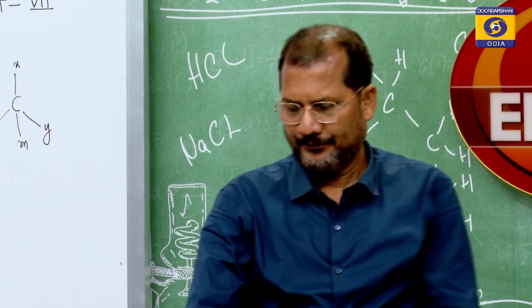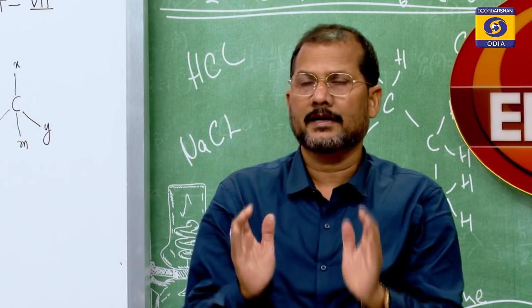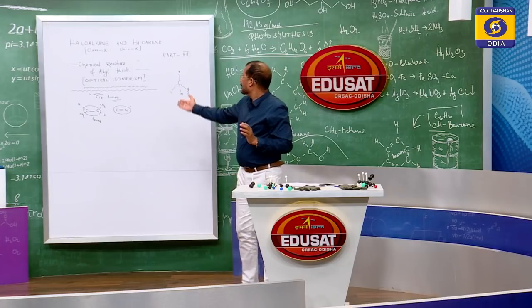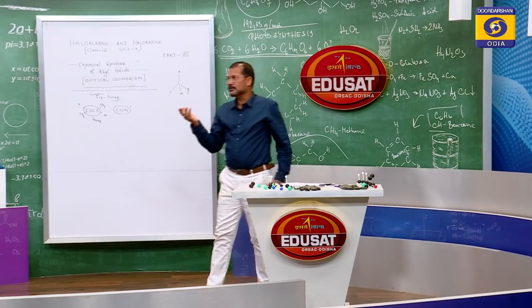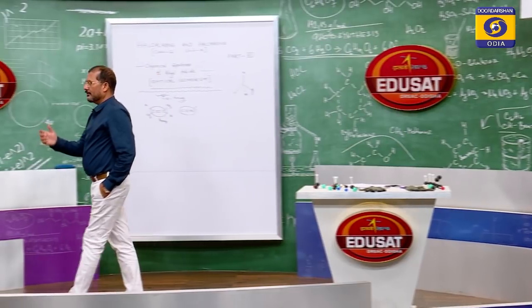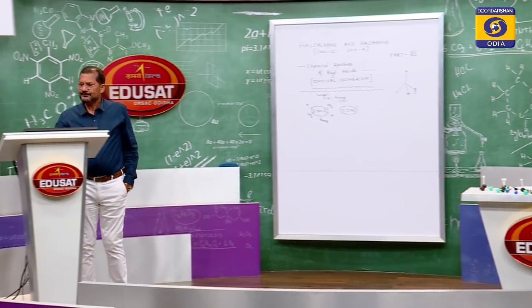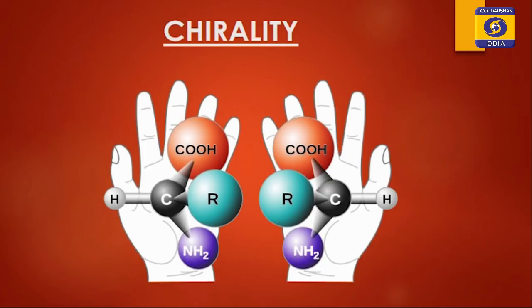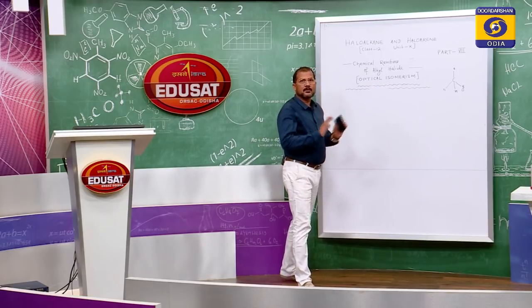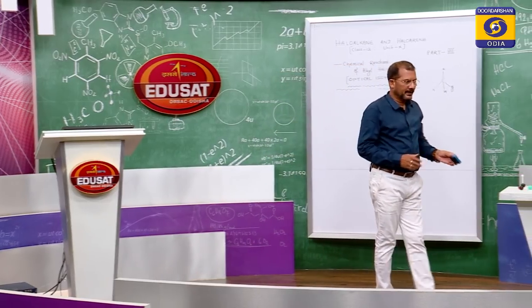Now, let me tell you how two optically active compounds, one shows dextro, another shows laevo. On this screen we can see a molecule I am showing. You can see the carbon atom is attached to 4 different groups, COOH, R, NH2 and H. So, this carbon is attached to 4 different groups, that is why there is no plane of symmetry existing in that molecule.